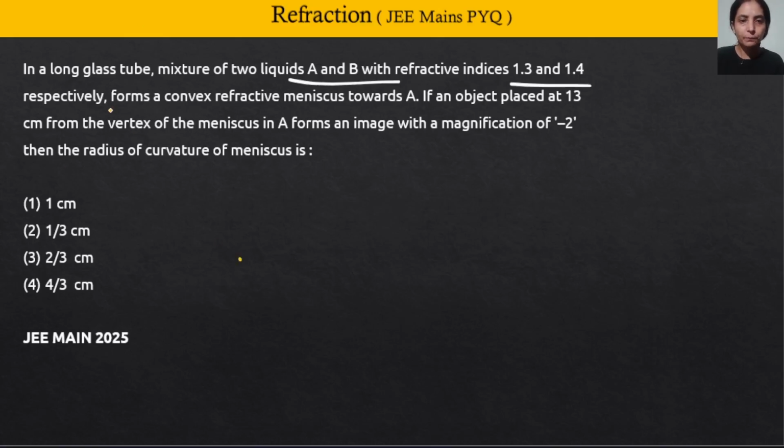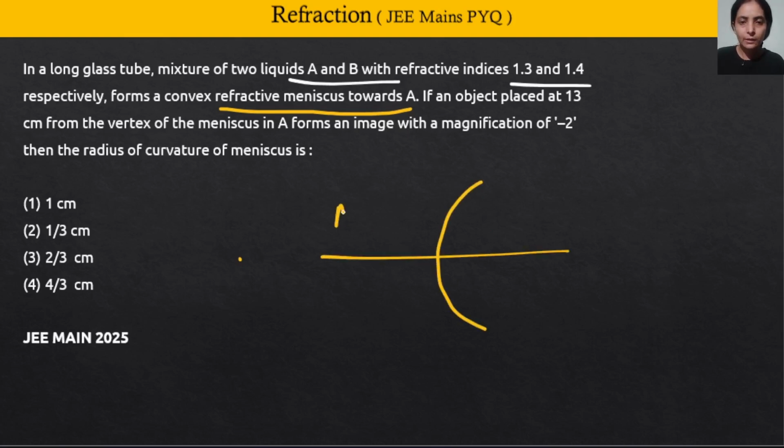Now what we are doing forms a convex refractive meniscus towards A. This glass tube, basically having a mixture of A and B, is forming a convex refractive meniscus towards A. So the convex surface is towards A, okay. So let's take A here and B here. The refractive index of A is 1.3, and of B is 1.4. Now if an object is placed at 30 centimeter from the vertex of the meniscus in A, we'll call this the vertex, right, and it is at a distance of how much, 13